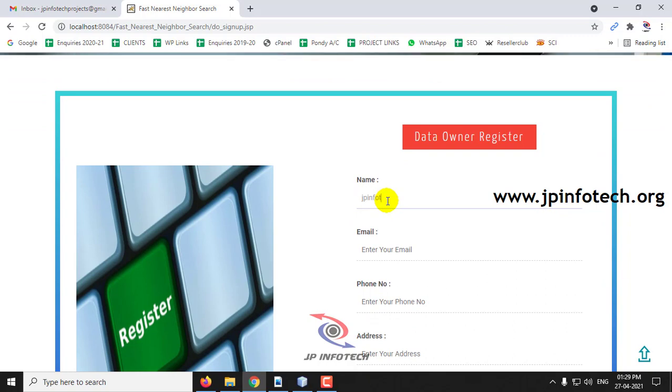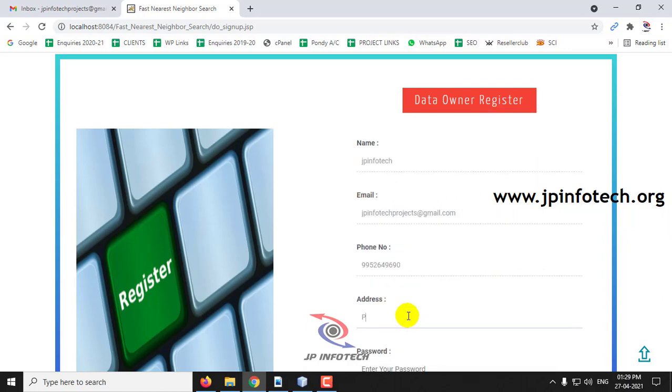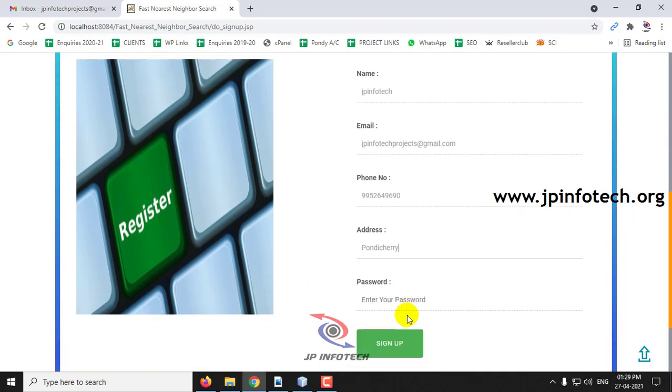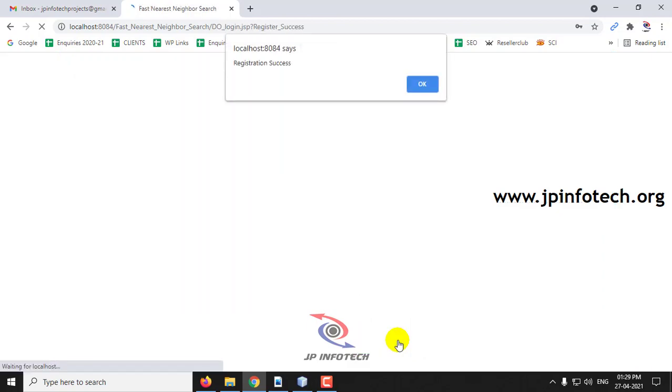Let me create a data owner, for example with the name JP Infotech, with the email ID, phone number, address and password, and click sign up. Once after entering the details, you can see the registration is success, and click OK.